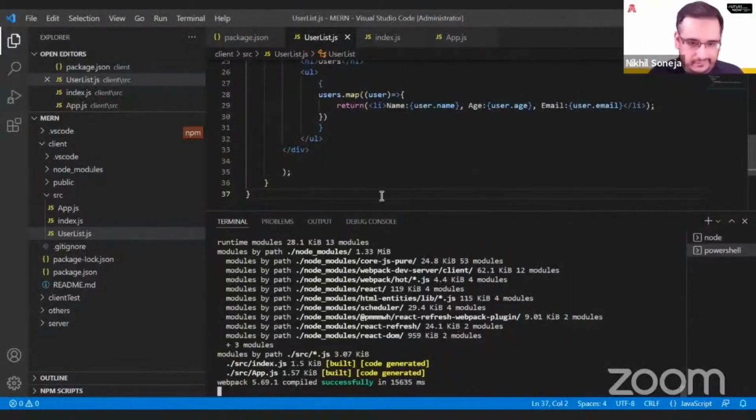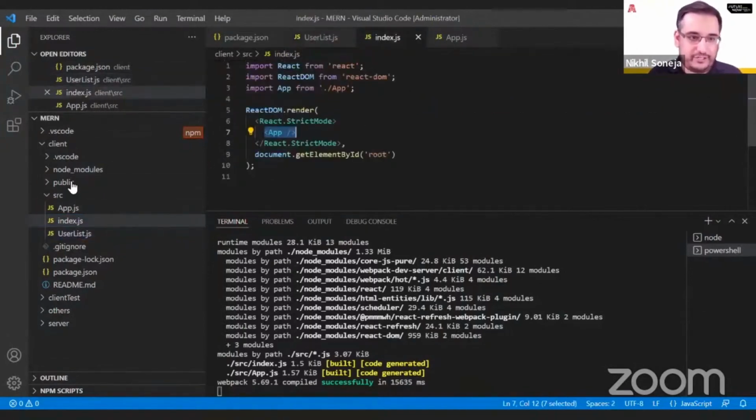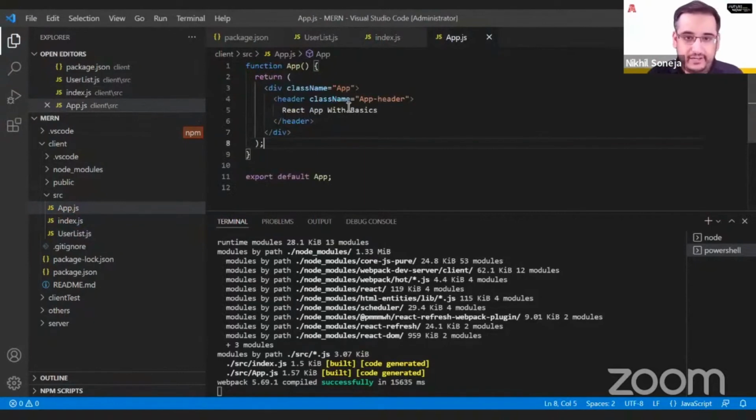Oh, okay. I haven't done the most important thing, which is updating my app.js to actually show my new item here. So I'm just going to go back to there. Actually going to get rid of this app header. I don't need a header tag, and I'm just going to define